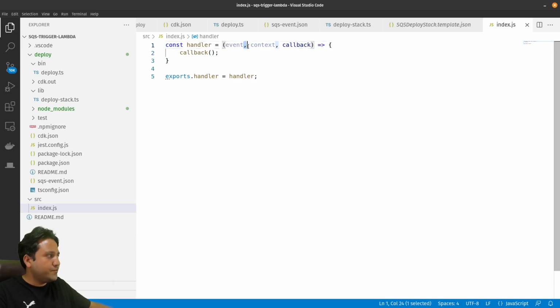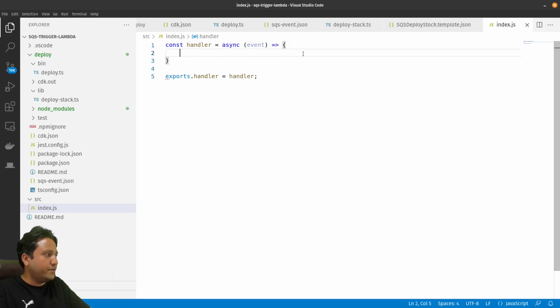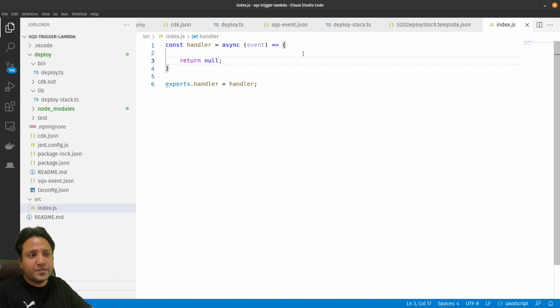So this was the old way of writing this code. The new way is that we don't have to write this callback. We can convert this function into a promise by just putting the async keyword over here. And whenever we pass anything, let's say return null, this is going to send an acknowledgement that nothing has happened. Now we can quickly write console.log here, and I will put